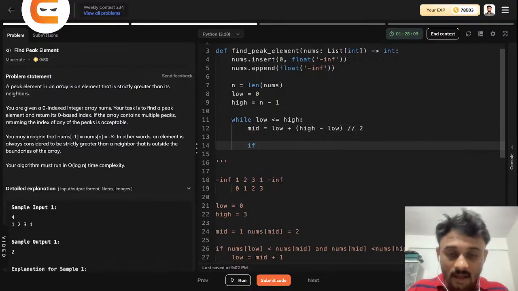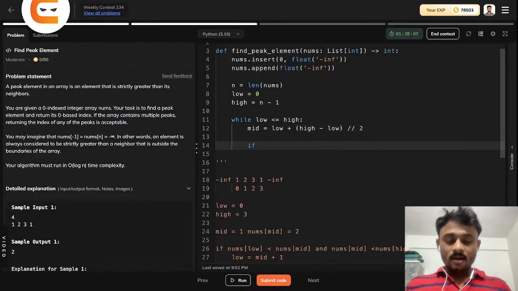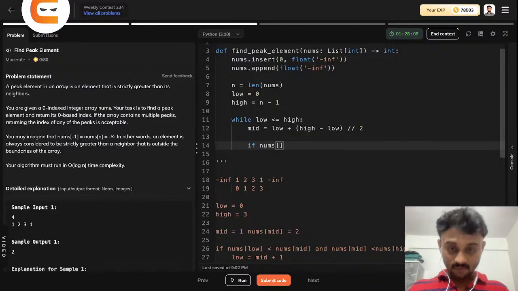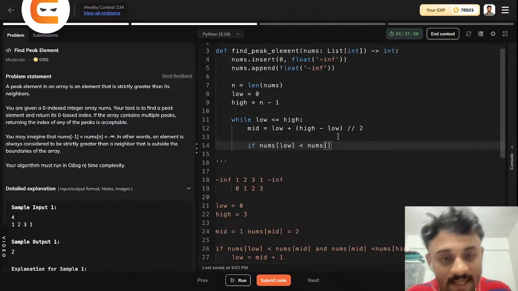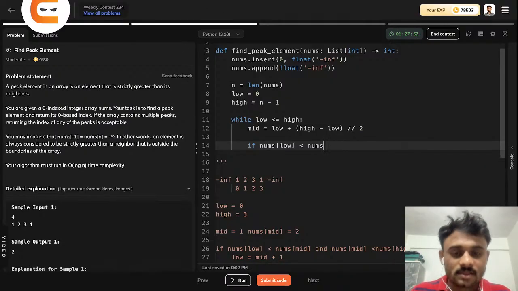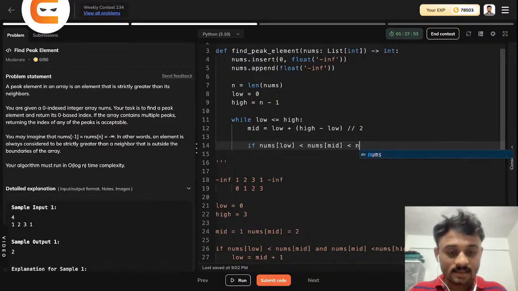Now I have to check, strictly greater than. So if nums of low is less than nums of mid is less than nums of high,